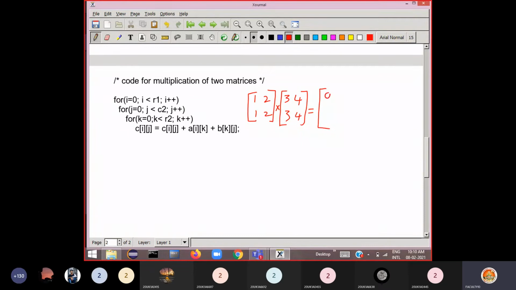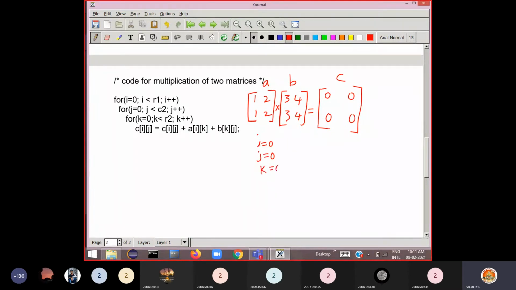For the third matrix, you have stored all zeros, 0 0. This is your C matrix. Okay, so this is matrix A, this is matrix B, and you have the C matrix. Here you need to perform that calculation. So how it performs, just see, keep track of the I value, J value, and K value here.